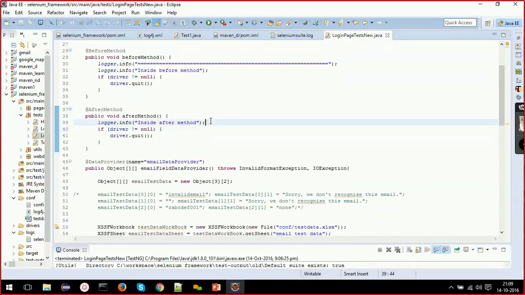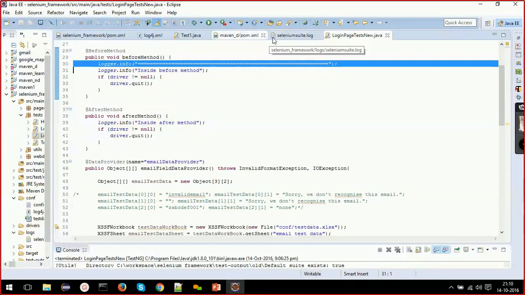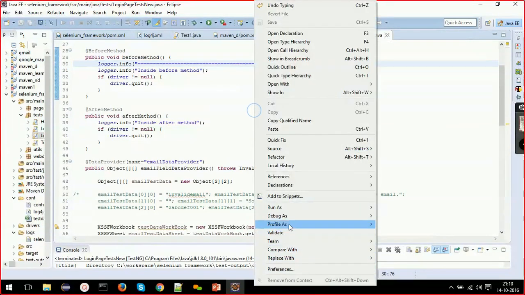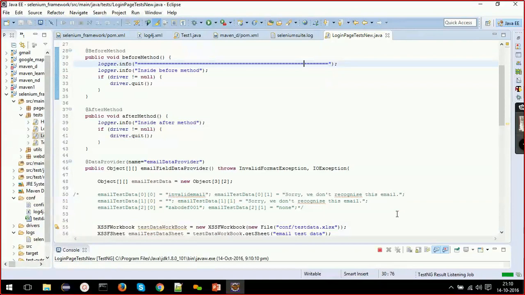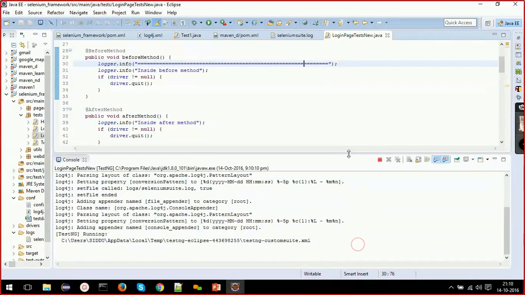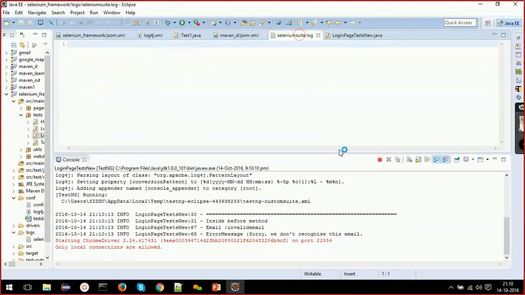I don't need them because before every method, this line will get printed. Now I'll rerun this. If I go over here,